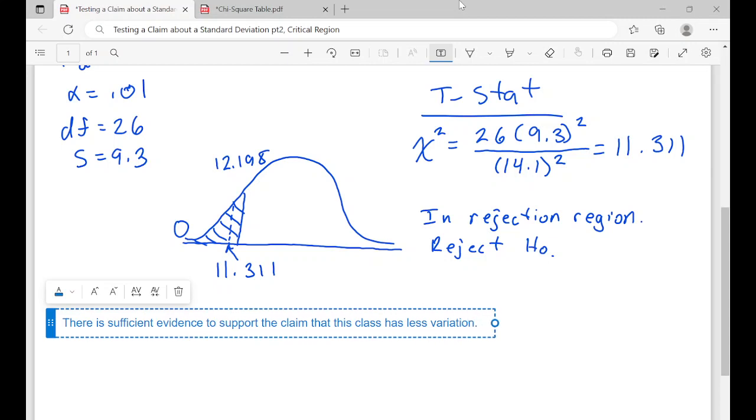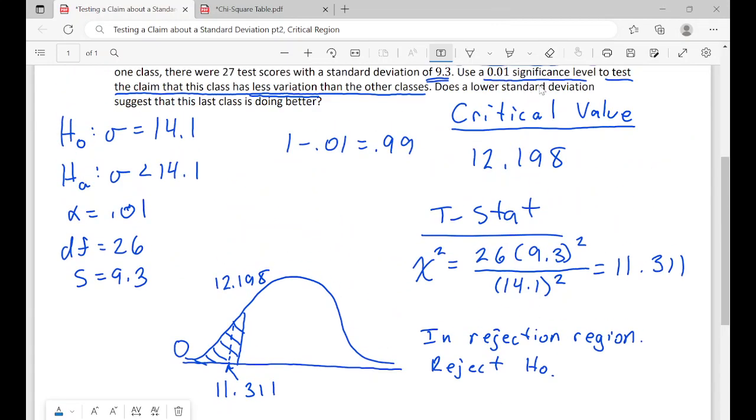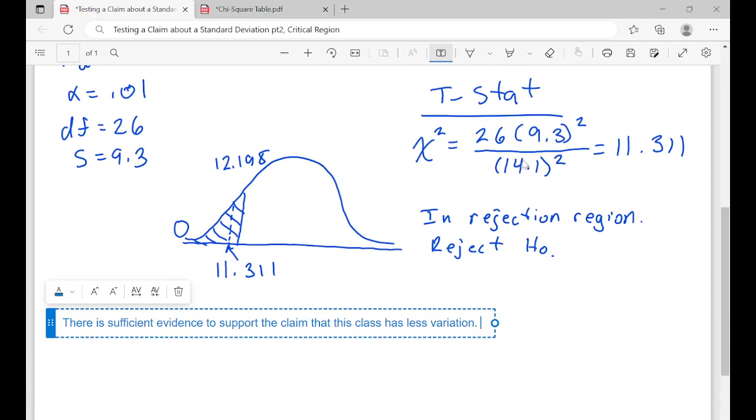Now, it also asks up here, does the lower standard deviation suggest that this last class is doing better? Well, we know that there's less variation, but it doesn't mean that there's less variation on the good side. It could be less variation on the bad side. It could be all doing bad. There's not enough information to say that. All we know is that they're kind of grouped together. So what we could say is that